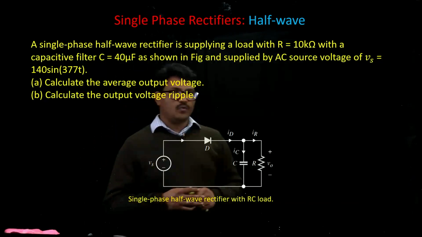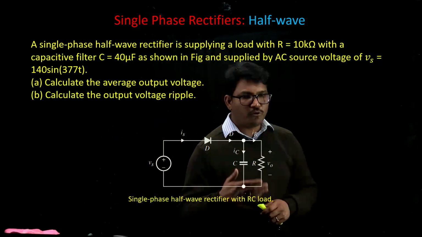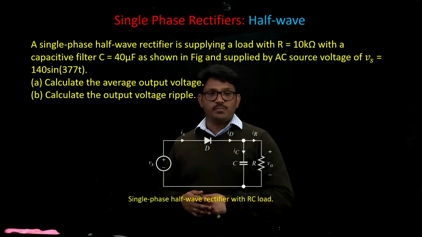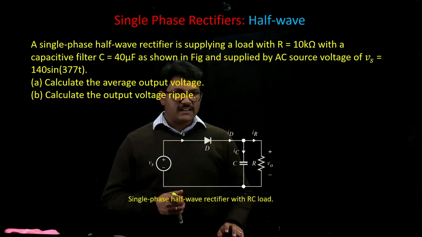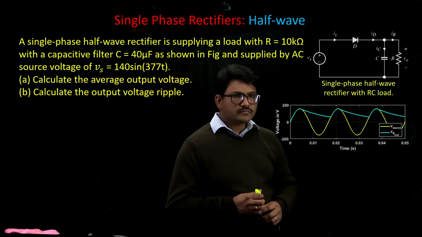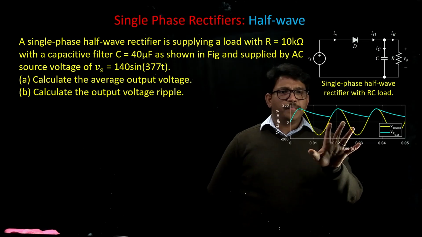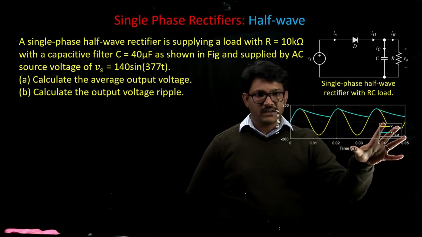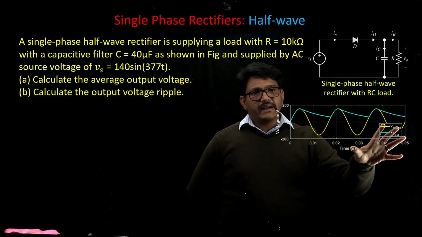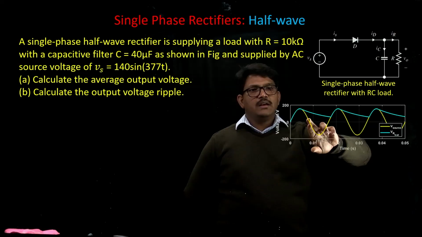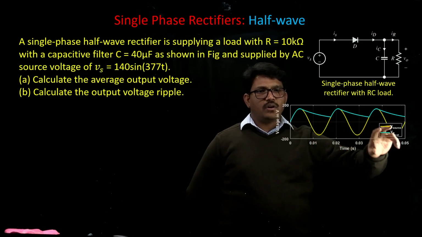In this case, if you wanted to get the average output voltage and also the kind of voltage ripple we have in the output voltage, first of all, let's have a look at the responses of the half-wave rectifier. Now in this figure, you see that the source voltage is in yellow color, that is a pure sinusoidal voltage, but you will be getting the output voltage, that is voltage across the resistor, to be not just purely oscillating